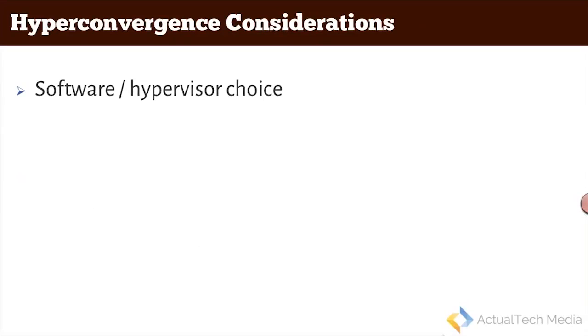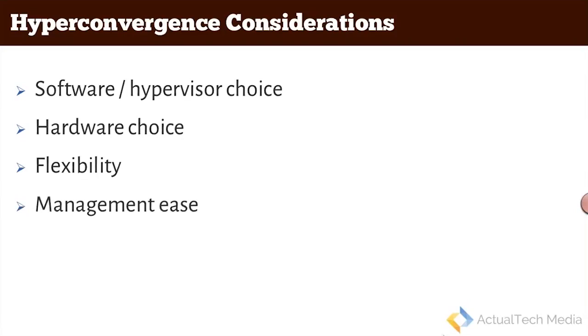There are a few considerations for hyperconvergence that you need to be aware of. Take into account the hypervisor options that you'll have available to you with the hyperconvergence solutions. You also want to maintain your hardware choice. So ideally, you don't want to be locked into one particular model or brand or vendor of hardware, if possible, in a hyperconvergent solution, because then you're kind of back to the SAN paradigm where you're locked into a particular solution. You want to maintain flexibility as much as possible, and you also want to ease your management